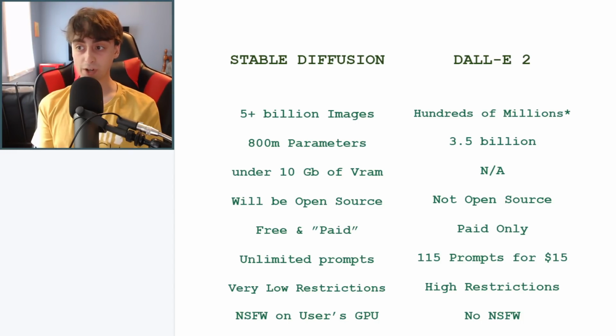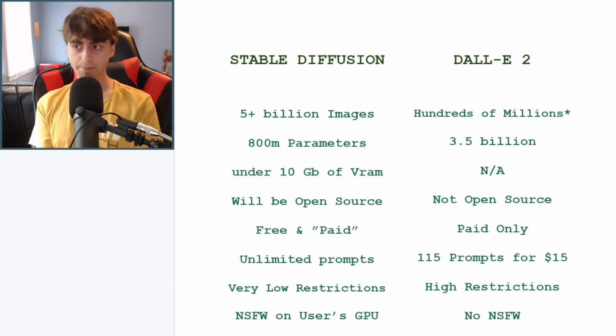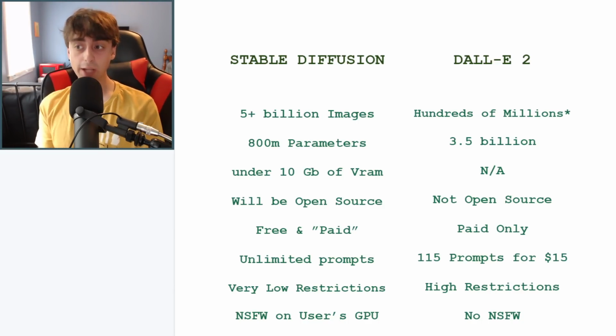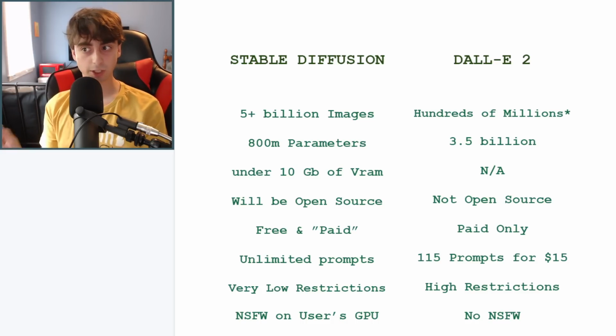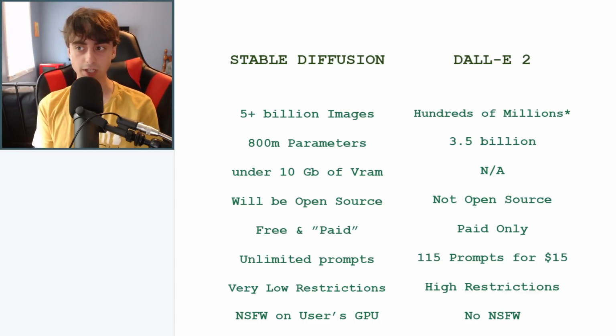So yeah, both of them are trained on very large caption and image datasets, but it seems at least that Stable Diffusion is trained on more billions of images, and apparently this number is going to increase with a new 42 billion image dataset, but don't quote me on that. That's just a little rumor I heard floating around the Discord server.